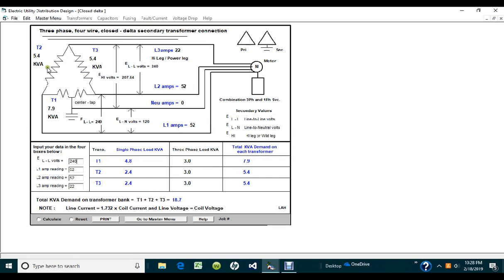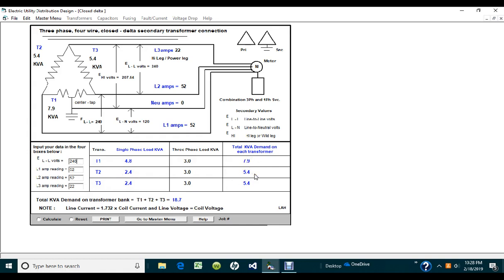But look at the transformer now. Transformer 2 and 3 shows a load of 5.4, and transformer number 1 shows a load of 7.9. Okay, so now what I have done is that we have the three-phase load that we computed earlier based on the 22 amps for the 7.5 horsepower motor. Now we have the single phase load based on the additional 30 amps that we have on line 1 and line 2. Okay, so that single phase load is being distributed over all 3 transformers, and this is the total load of